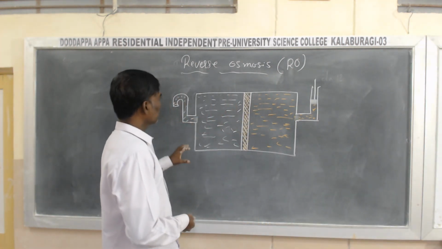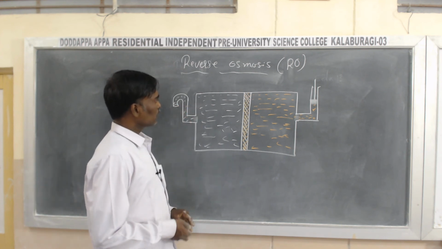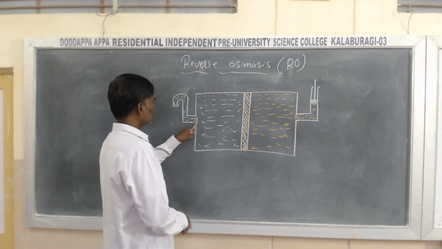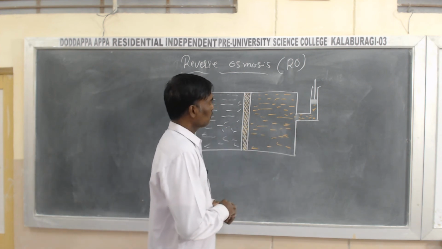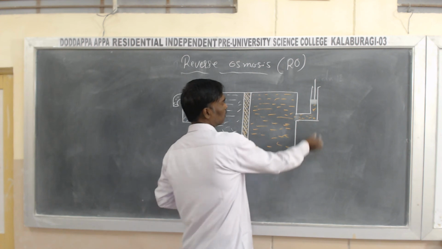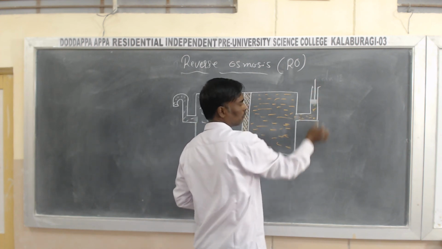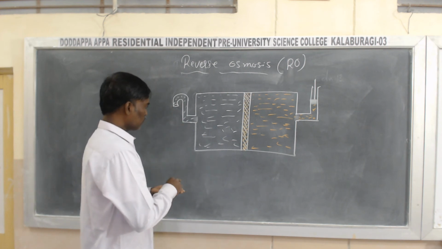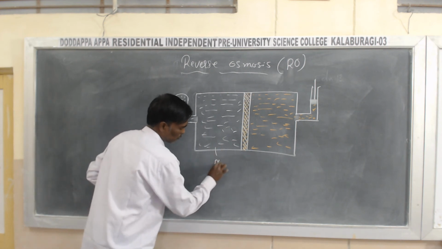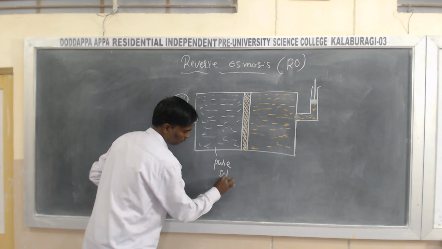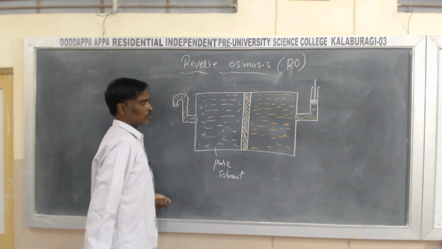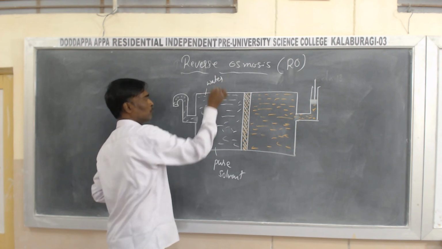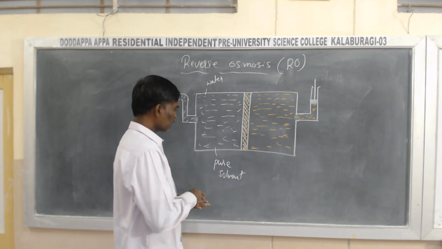Here, I have taken one container. It has two outlets. So this is the one, and here another one. At this right hand side, this is fitted with a piston. So here there is an opening to collect the water. And say this is pure solvent, or say pure water, and